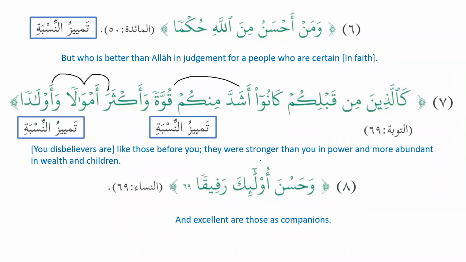وحسن أولئك رفيقا. What do you think about rafiqan? That is the nisbah, sir. Nisbah, excellent. So that's clearer, but here there is some ambiguity. So inshallah, I believe that this is a nisbah. However, we can refer back to the I'rab al-Quran, if you are able to read that. So inshallah, in I'rab al-Quran, we can find whether it is a nisbah or the other.